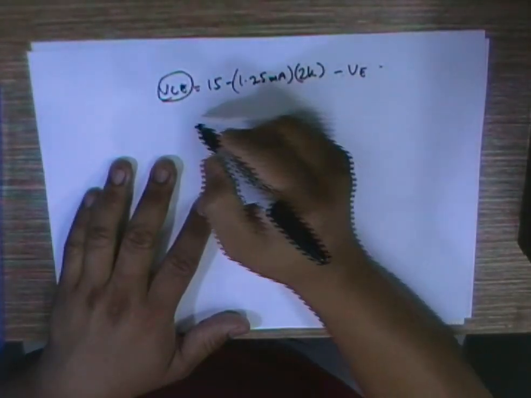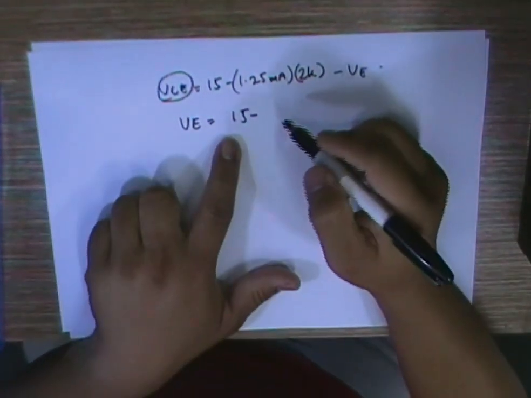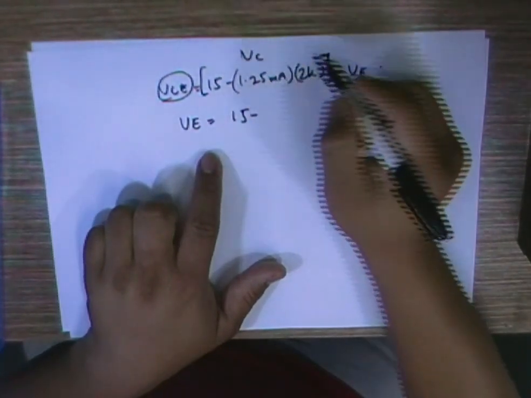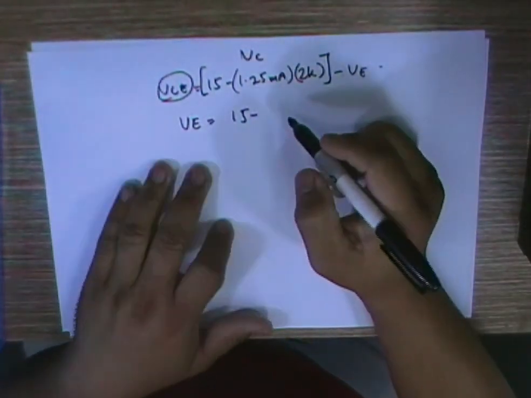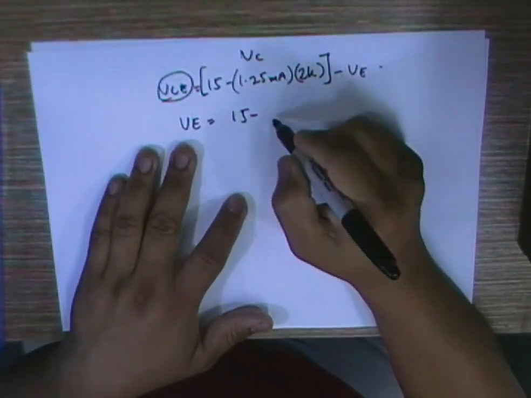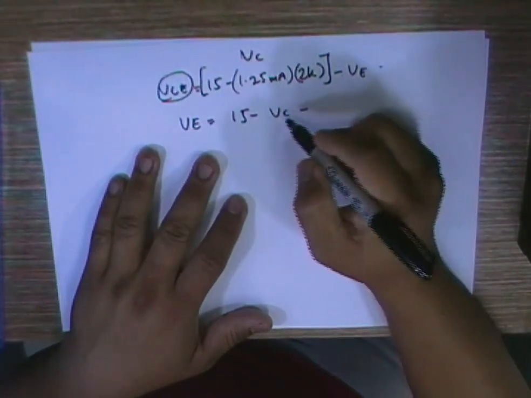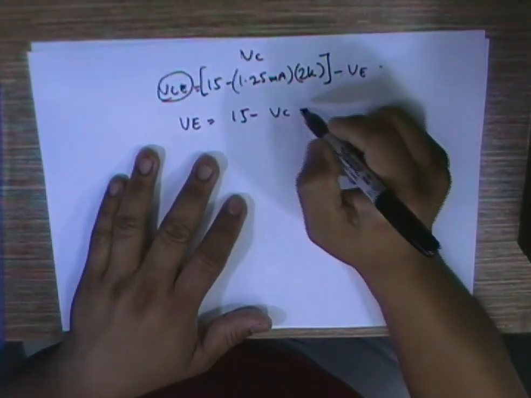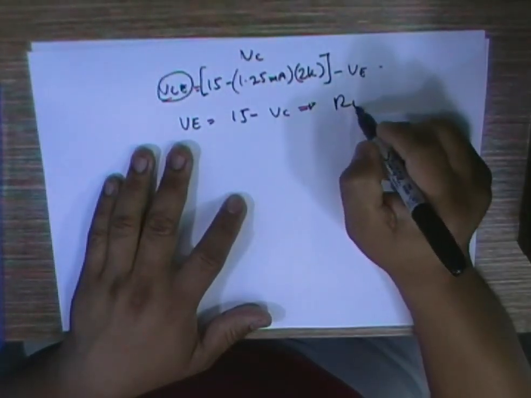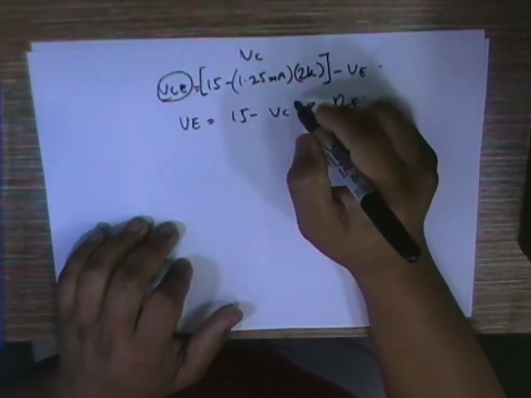So now I have my VE, this is VCC, so this is my VC, then this is my VE, so VCC minus VC, and this minus VC will give me what is my RE that is needed. So if I set minus VCE,